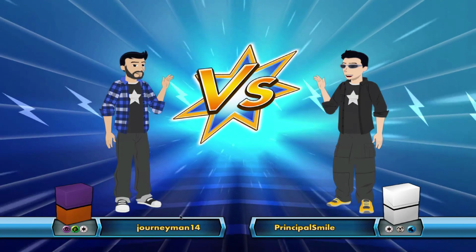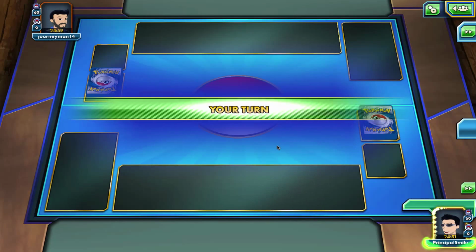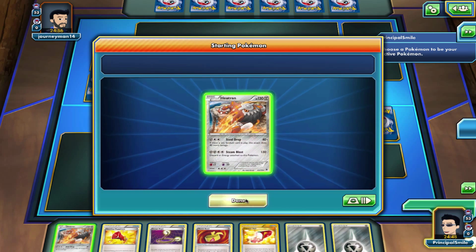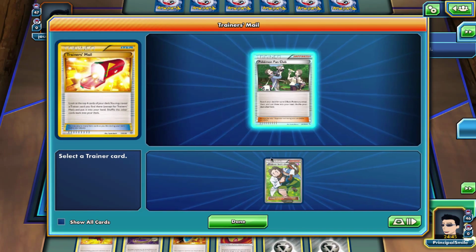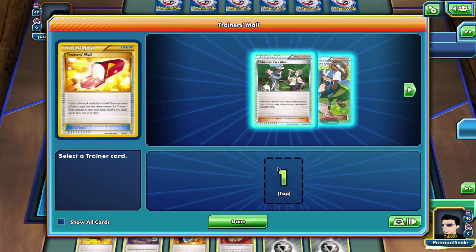Alright, we're playing against Journeyman 14 using a Grass, Psychic, Colors type of deck. Luckily we do flip right, so of course we take full advantage of going first and whatnot. And our hand is actually pretty decent. Hopefully we can get a good Trainer's Mail, and we do. A Birch or a Fan Club is kind of tough. Probably go for the Birch,